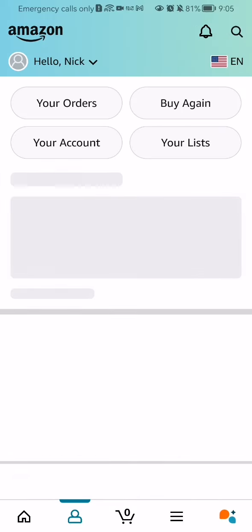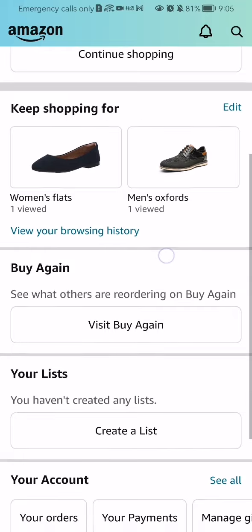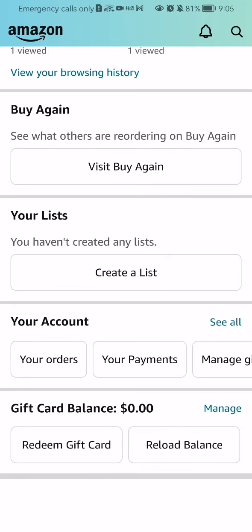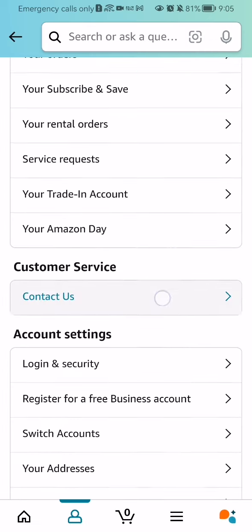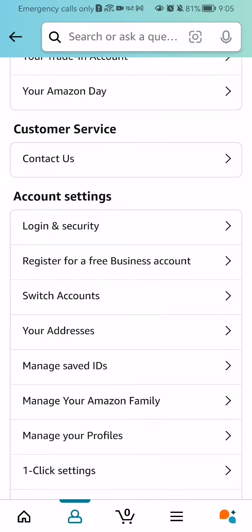And now you should scroll down a little bit. And there you will find your account category, and right next to it you should click on the see all option. After doing so, you should wait a little bit and scroll down. You will see here under the account settings category the login and security option. Press on it,